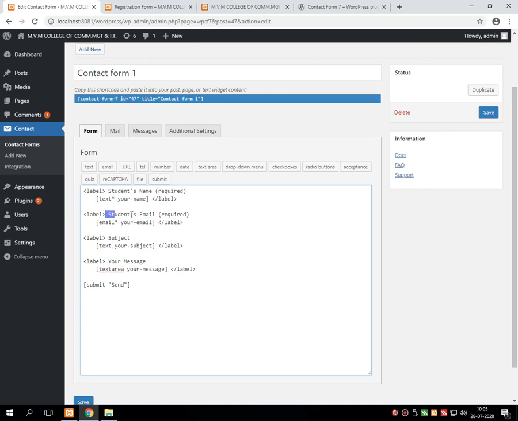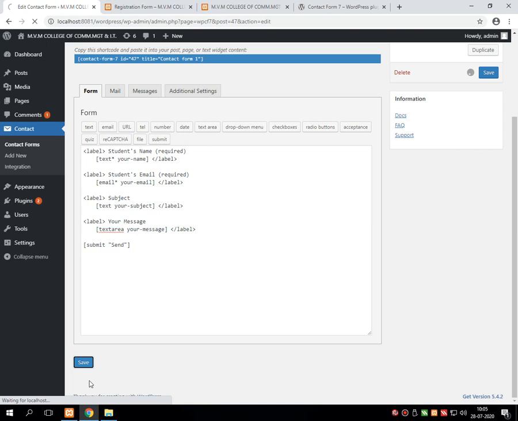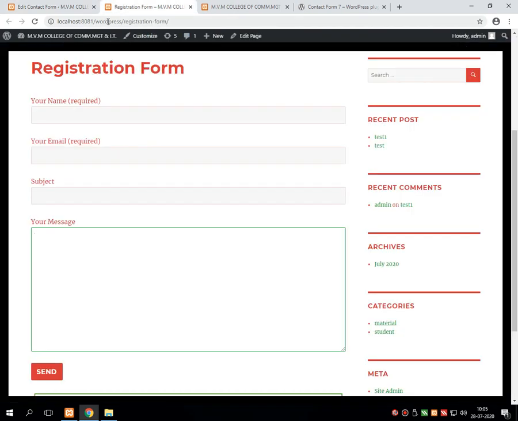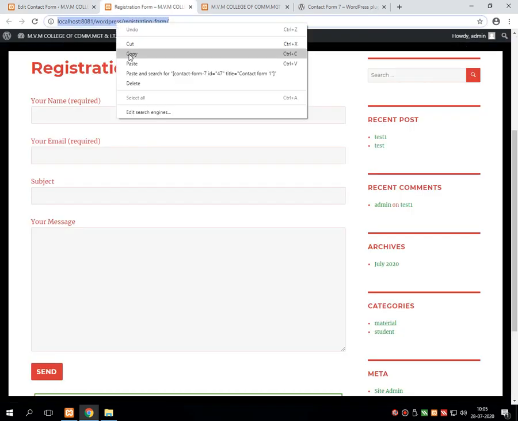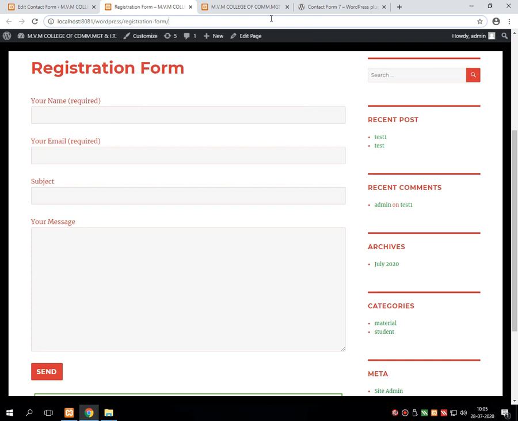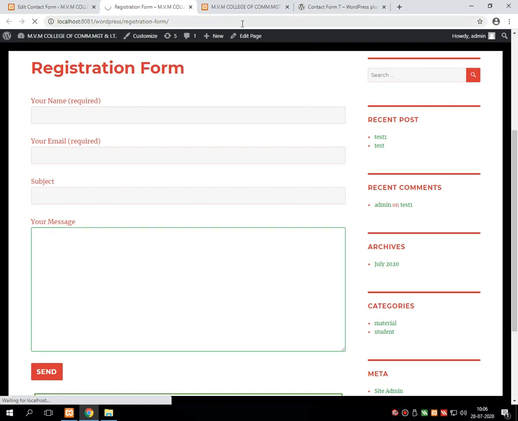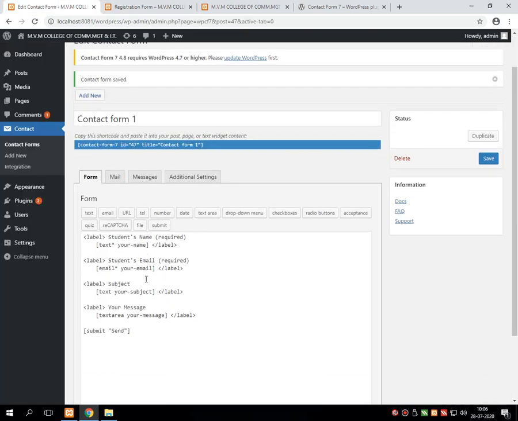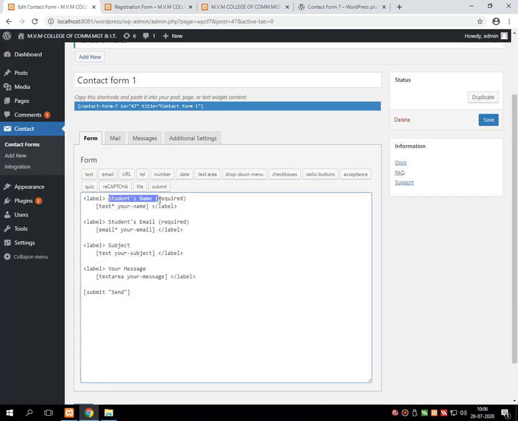I am just changing the title of the label and I am saving it. Once it is saved, and suppose you refresh this particular page by pressing the F5 button from the keyboard, instead of your name you will see the student's name and student's email ID over here. So this is the way to change just a label.